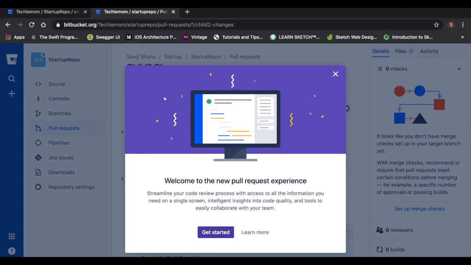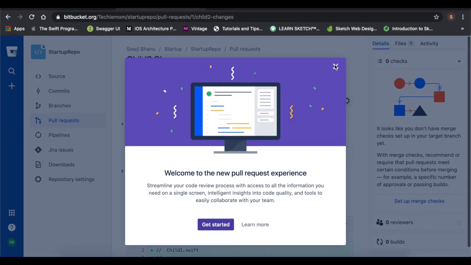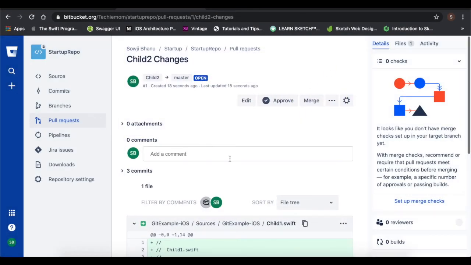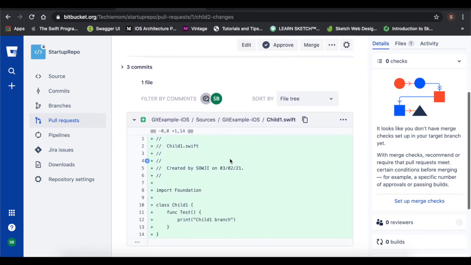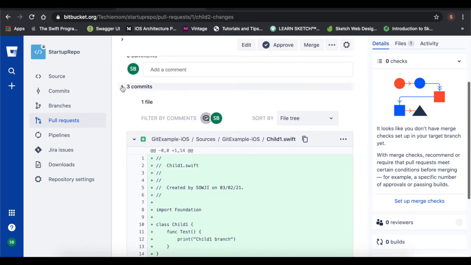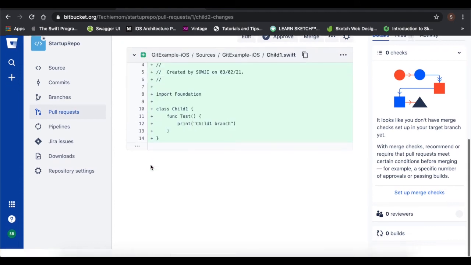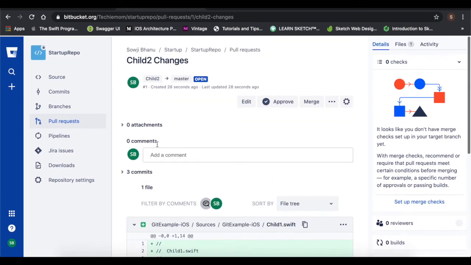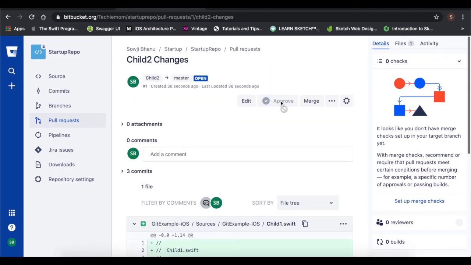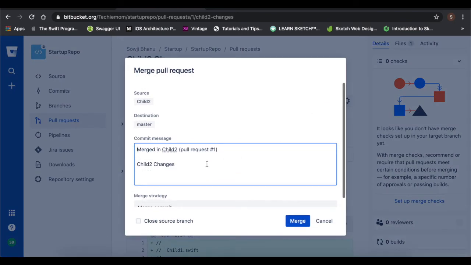This is the pull request which I have created, these are the changes which need to be merged, and these are the commits for the pull request. First of all, I need to approve the pull request, and if any comments or changes are required, it will be rejected. Otherwise I can just go ahead and merge it.